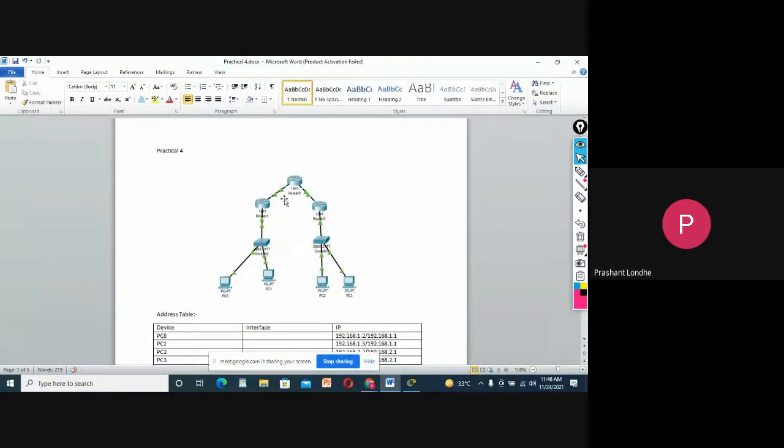For the GRE tunnel, we are supposed to use this kind of diagram. See here, we have 3 routers, 2 switches, and a total of 4 machines.